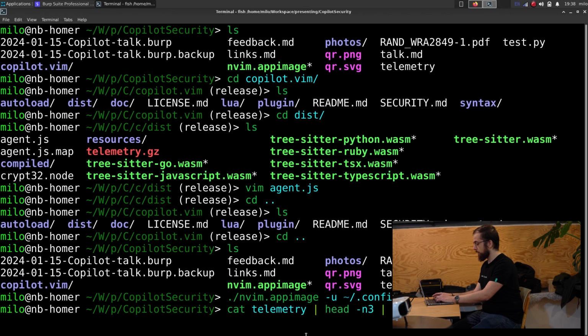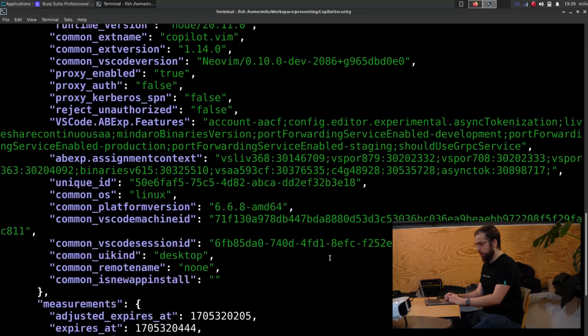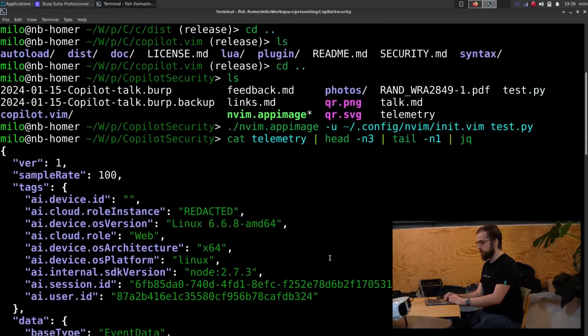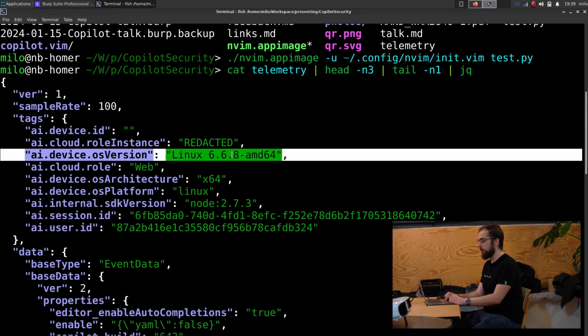Yes, and once unpacked from the gzip format, it's an NDJSON format. It's a file and each line is a separate JSON. So to take a look at one of these entries, you could chain the commands like this: take a look at the first 3 lines, take a look at one line, and then parse it so it's prettier. And we can see that really it's a big entry that contains many different pieces of information about your client,